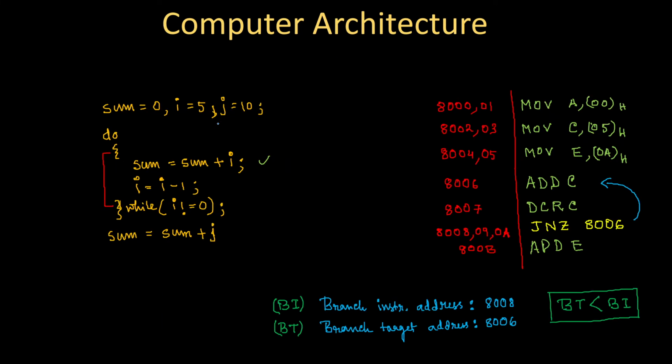Now if I move on to the next category of prediction, that is what we call dynamic branch prediction. In case of dynamic branch prediction, as the name already says, I can dynamically change my mind. The technique is designed in such a way that a hardware can dynamically change its mind whether the branch will be taken or not based on the present situation. Okay. So how can we do this?